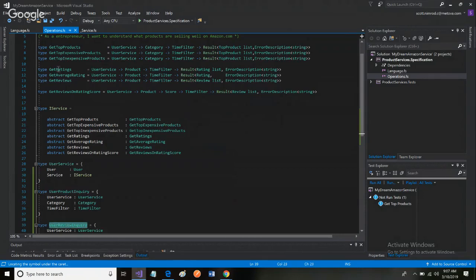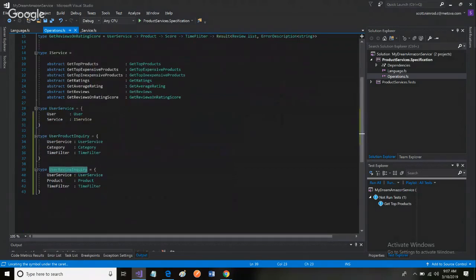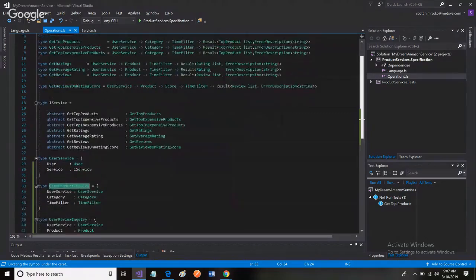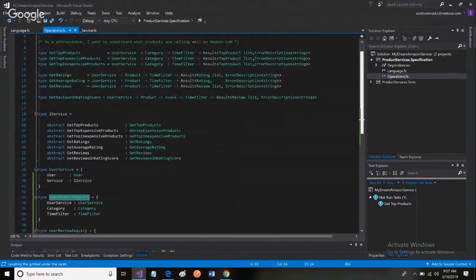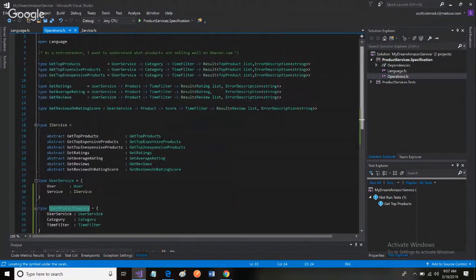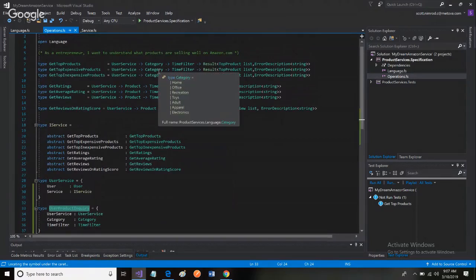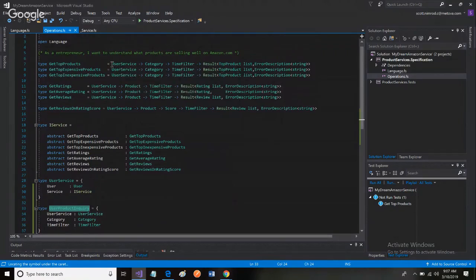Get review inquiry takes product. Yeah, so I think all this is okay for right now. Okay. So now what? Well, now that I've analyzed the specification that I have and identified things that are shared, that are somewhat redundant, then I can